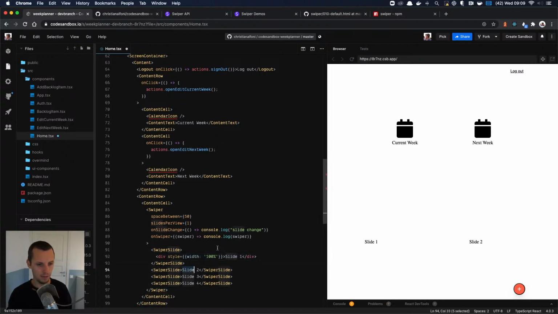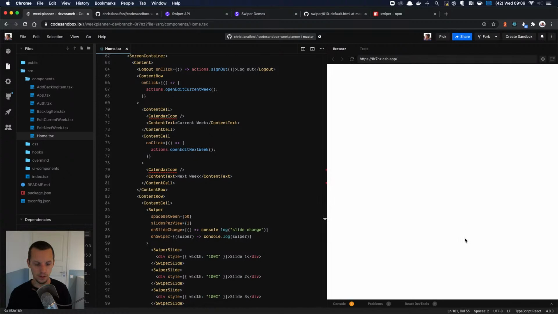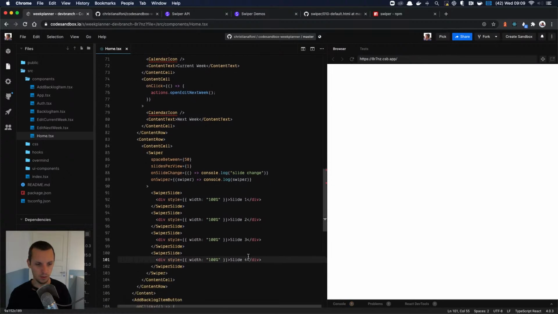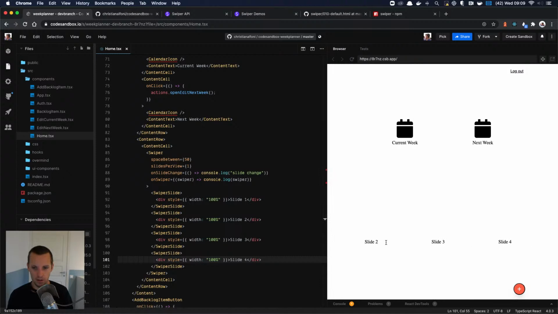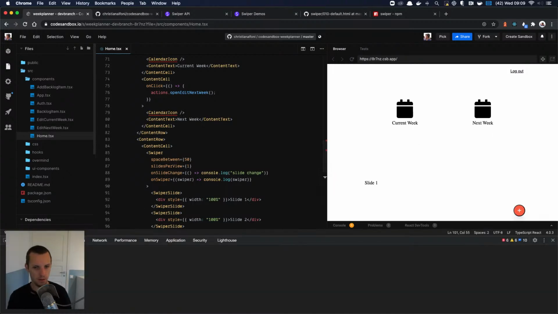Let's see if we can get this running, and then we'll add stuff to it later. Slide 2, slide 3, slide 4. Yes, this is looking more like what I want. I think. No, not at all. What the hell? But, huh? And now it's correct.